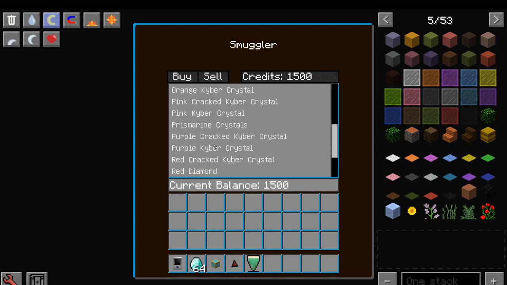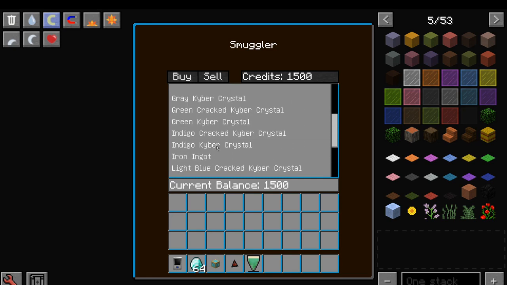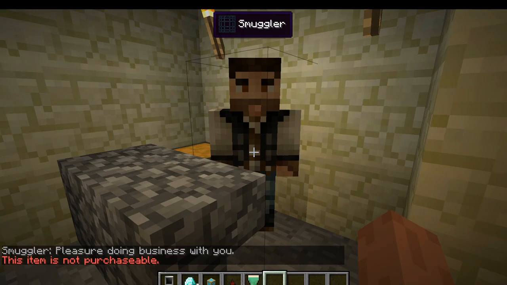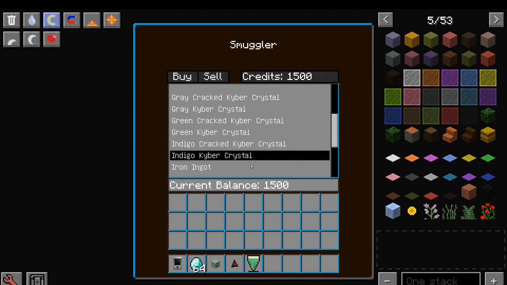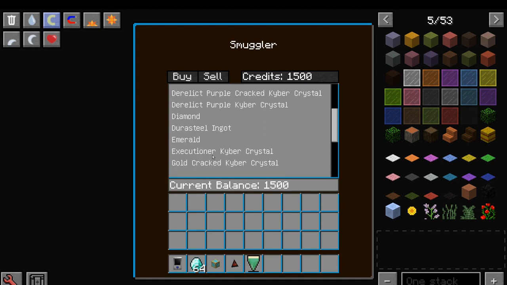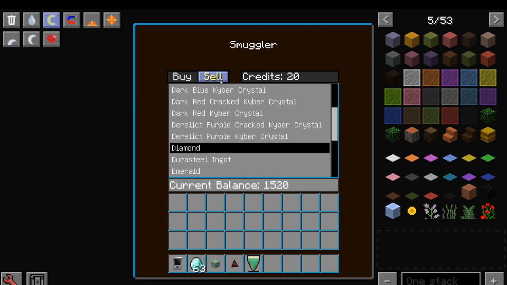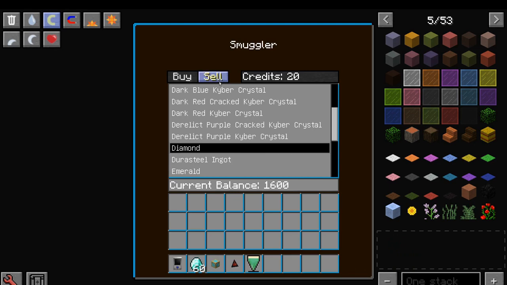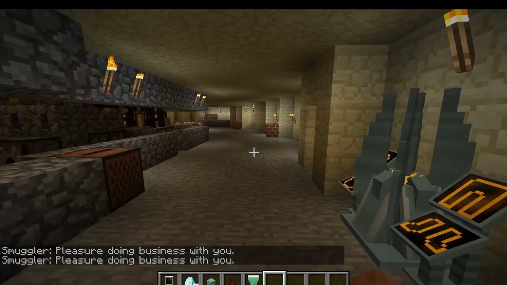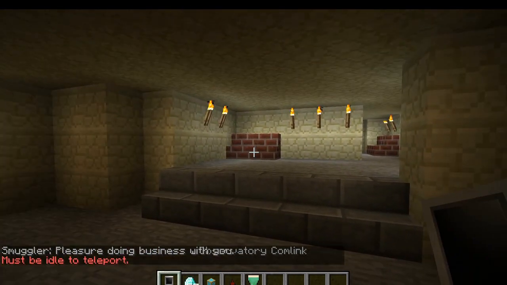Alright, so now if you want to buy something off of him, just go to whatever one you want and buy. Although, for some reason, I have had a few glitches recently, and it's not really working to buy. Oh, wait, can you sell diamonds? Cool, good way to sell them. Alright, so now, what you can do...